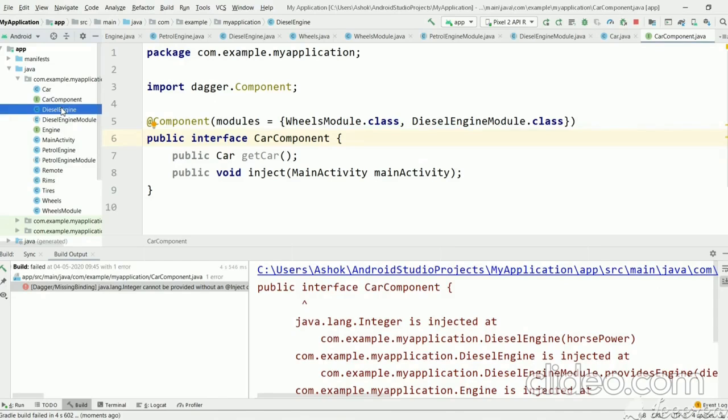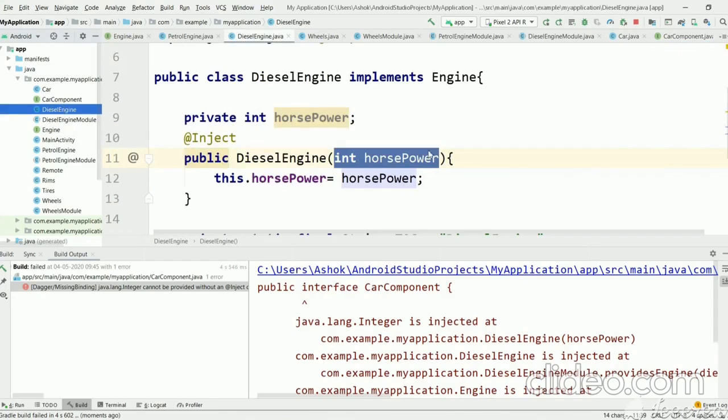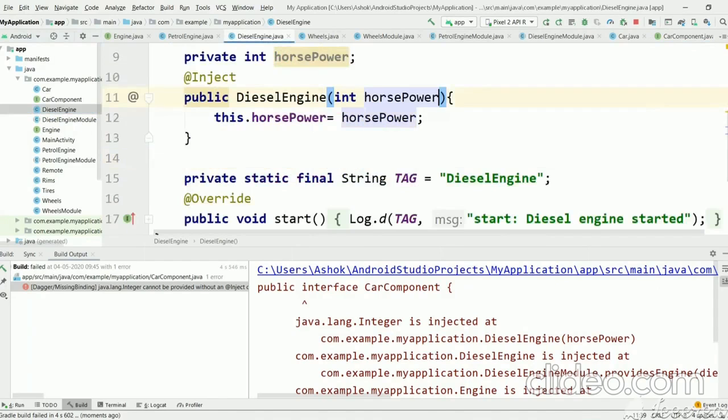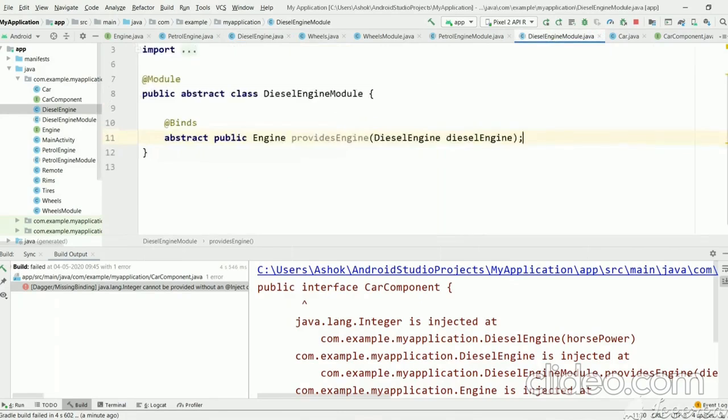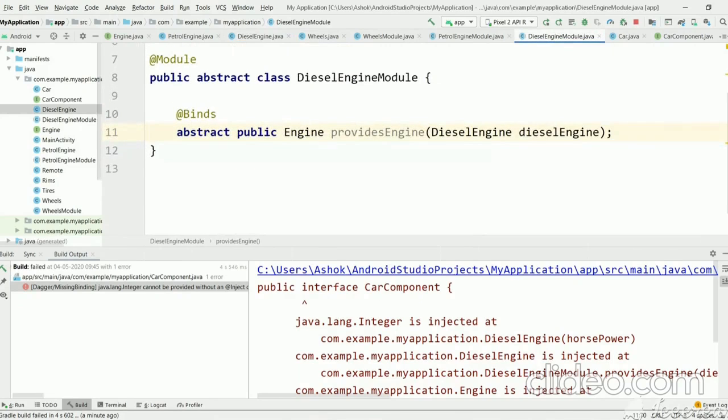So without this argument, Dagger knows how to create diesel engine, but Dagger doesn't know at runtime what value to provide to horsepower. So in this case, we will go back to the diesel engine module to create the diesel engine object.